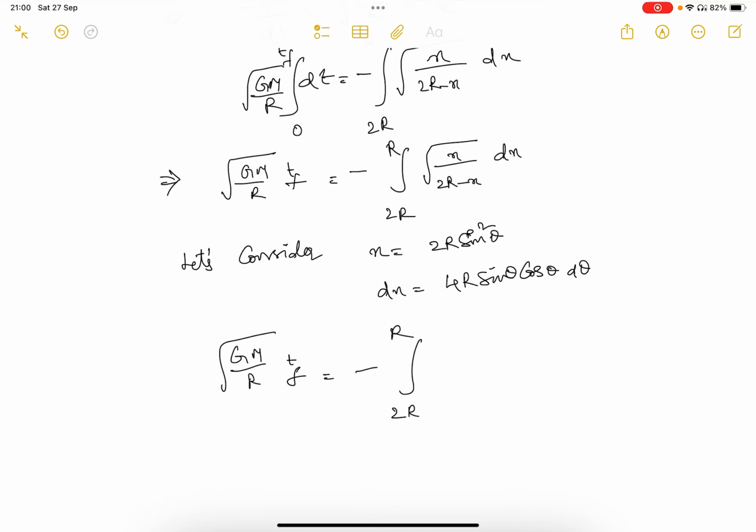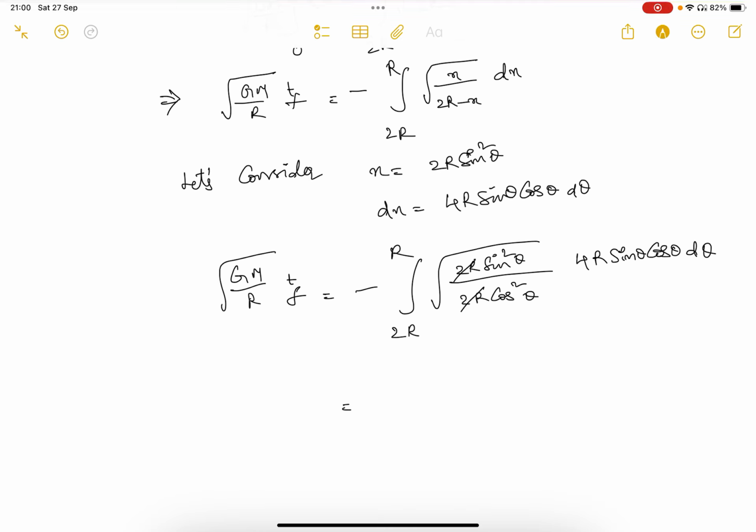So let's proceed. Then this is x, here it is 2r sine squared theta, and 2r minus x is 2r minus 2r sine squared theta. 2r will get common, then 2r into 1 minus sine squared theta, which is cos squared theta. Then this is 2r cos squared theta. Then dx is 4r sine theta cos theta d theta. This 2r will get cancelled and this will be minus, right,